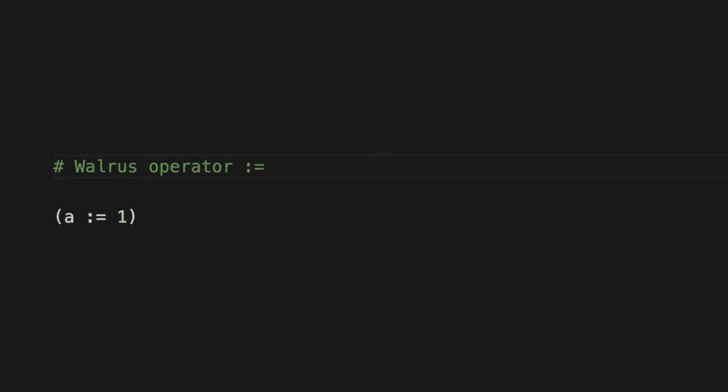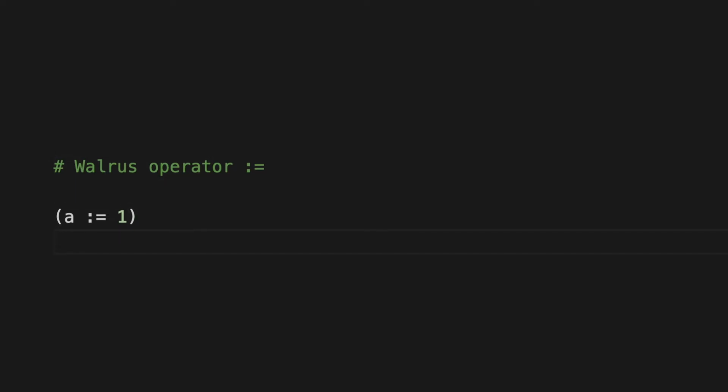So first of all, what is this Walrus operator? The Walrus operator is an assignment operator which is different from the usual equal sign because it is also returning the value we are assigning to the variable to the caller of the assignment.